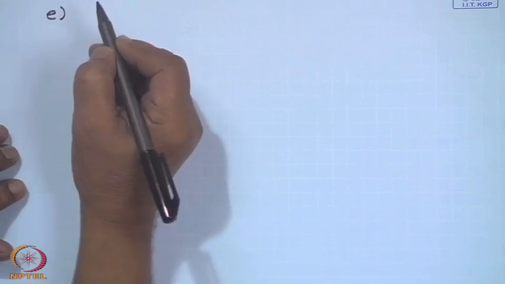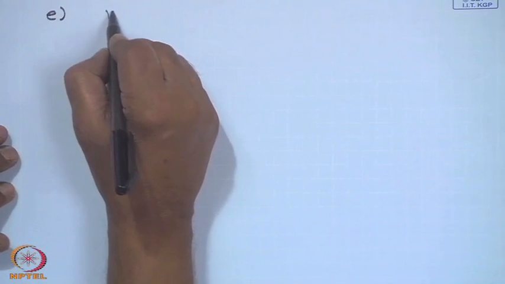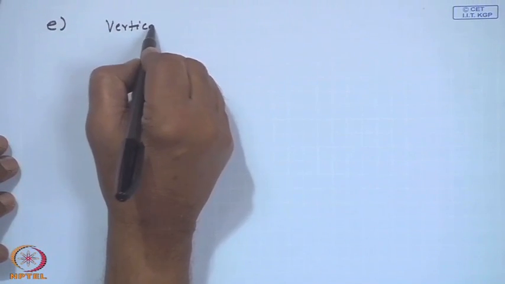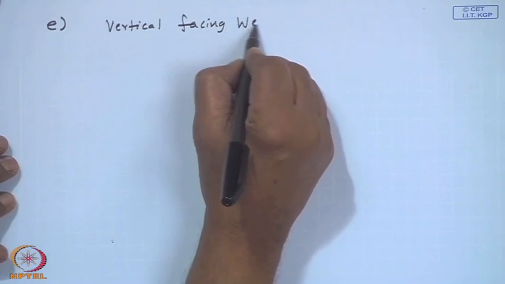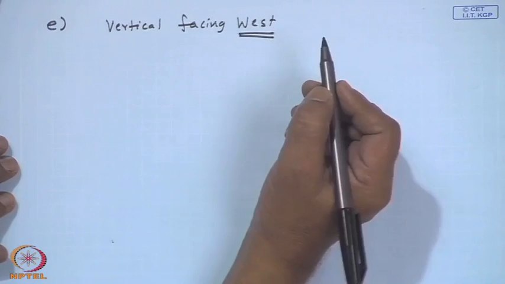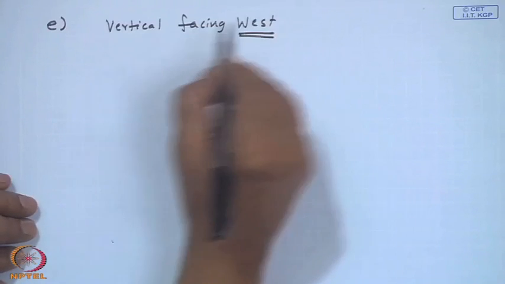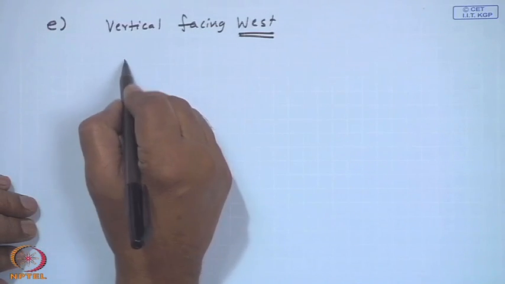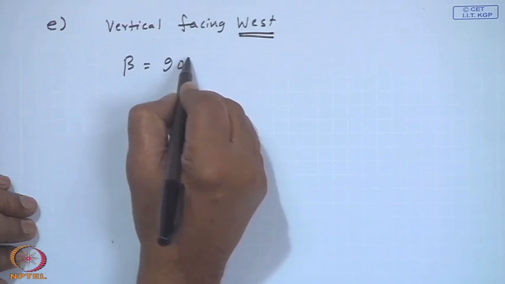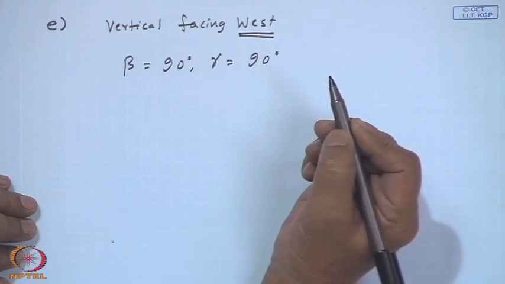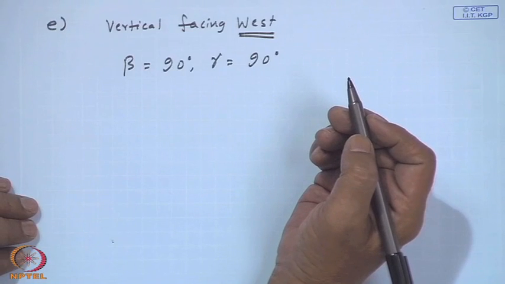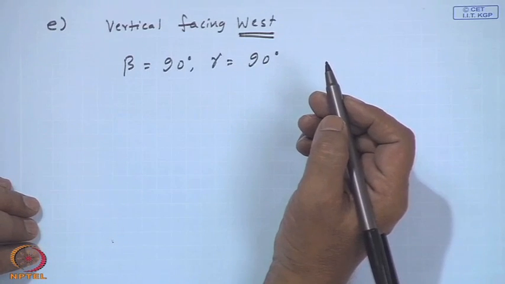Now, we will go to E, that is vertical, facing west. That is beta 90, gamma is plus 90. So, you have to involve the full equation, and to illustrate the point once again, I have written the full